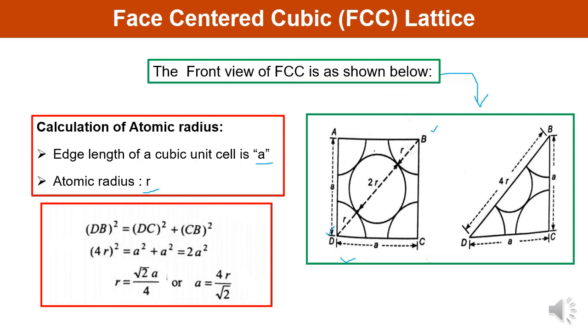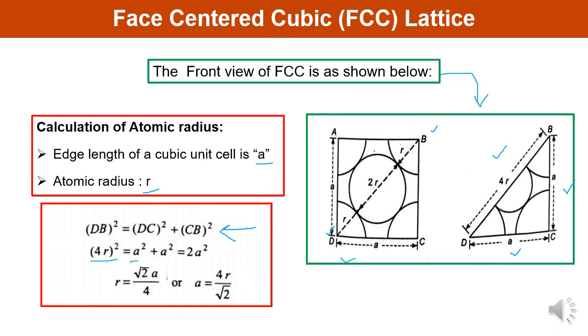Radius of this. So the distance between D and B is R plus 2R plus R, so this is 4R. And you can apply your basic mathematical principle. DB square is the sum of DC square plus BC square. This is the equation you have written. And you know that DB is 4R, so DB square is 4R square.